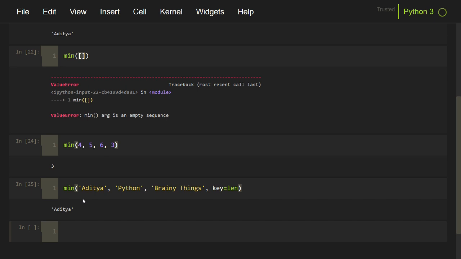The min function is very useful in various applications. You might want to find the minimum value in a column of a data science application. You might want to use this min function for some logic in an algorithm. This function is very handy, and as this is a built-in function, it makes it very easy to use. So these were all the built-in functions that start with the letter M.